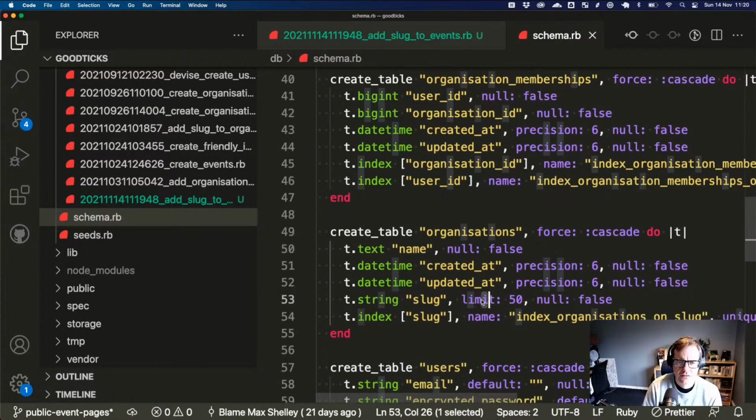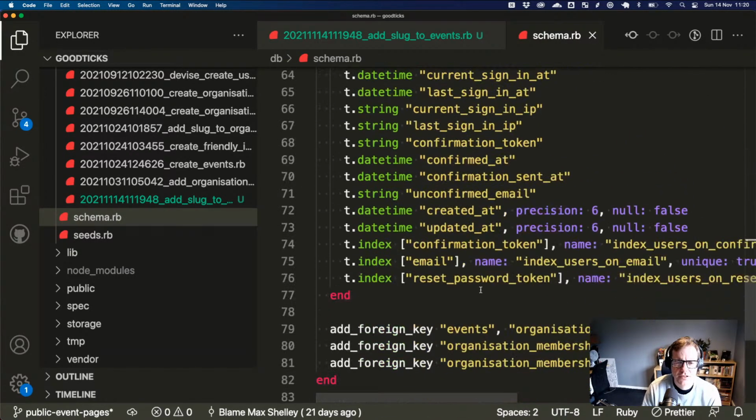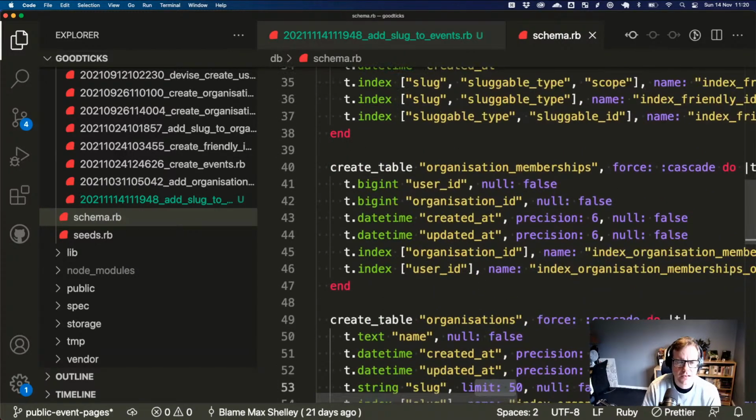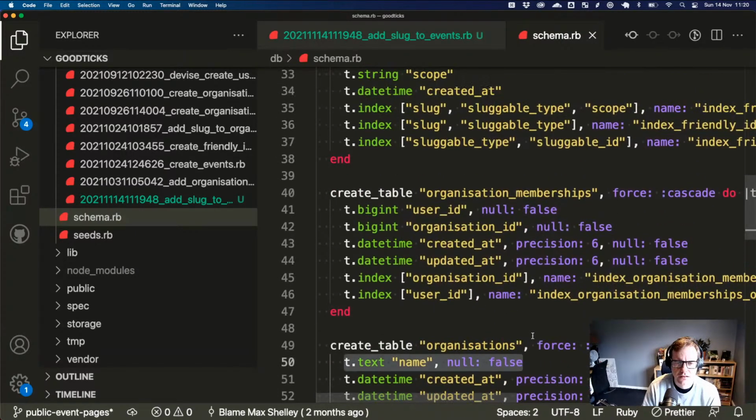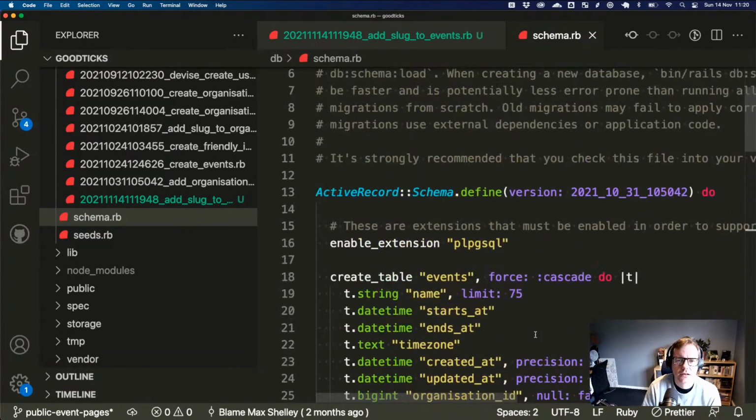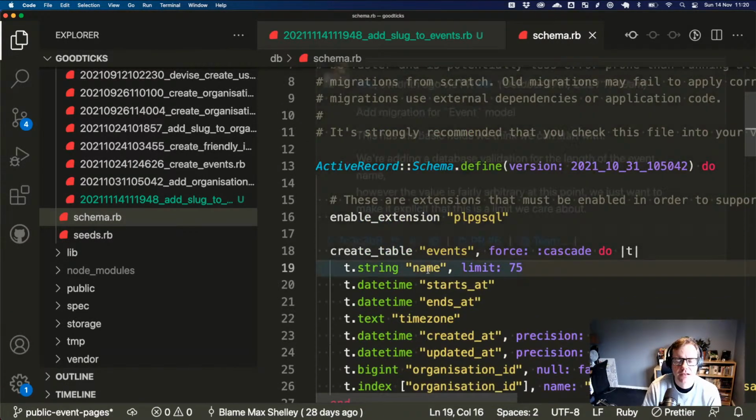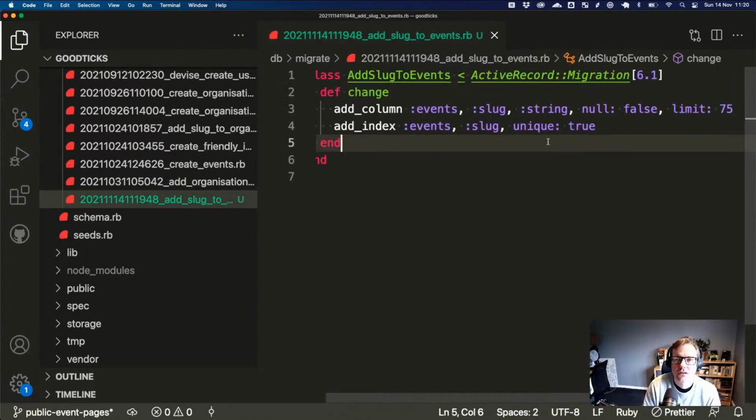Yeah, that's so weird. I might actually go back and watch those streams for that because I swear I remember doing this. Okay. So the name of the event is 75. There's bound to be some weird limiting stuff with weird characters and things like that, but let's just shove it at 75 and not worry too much. That's a long slug.